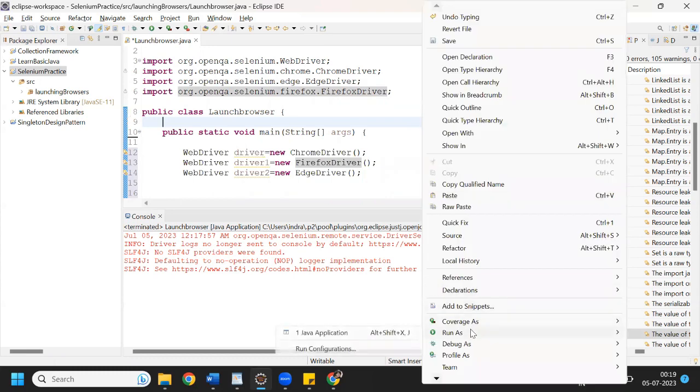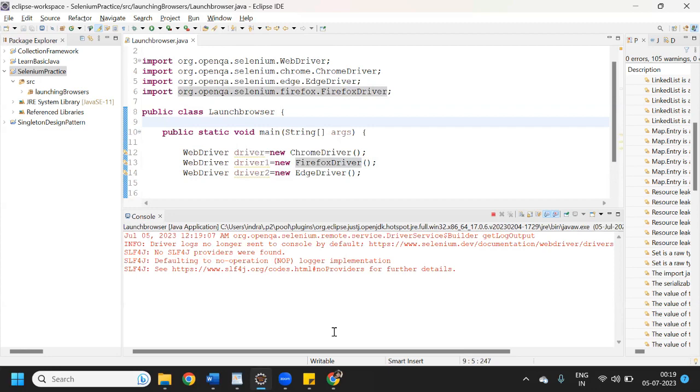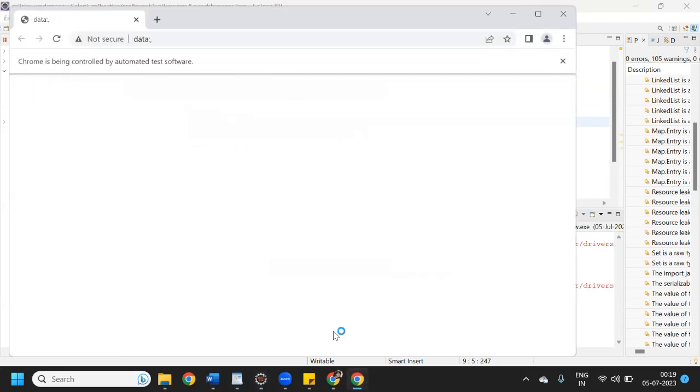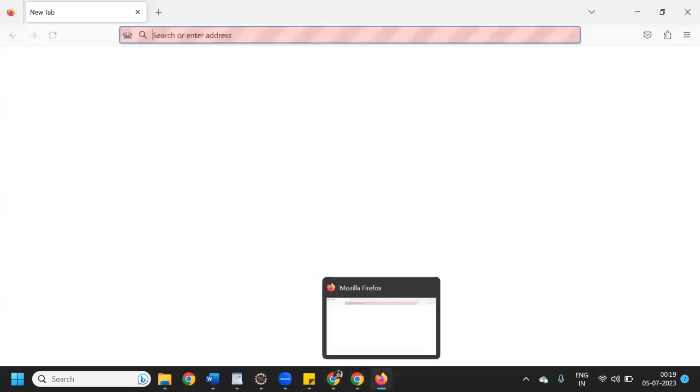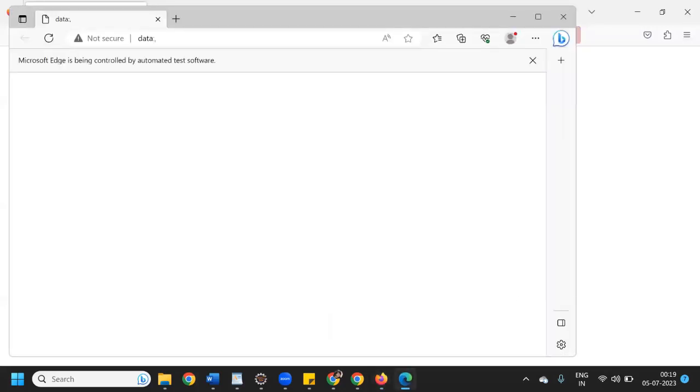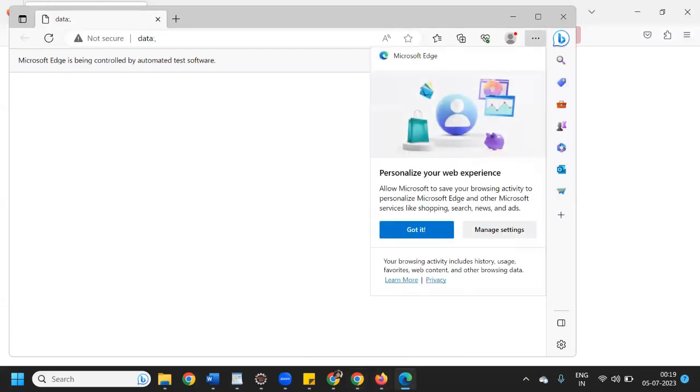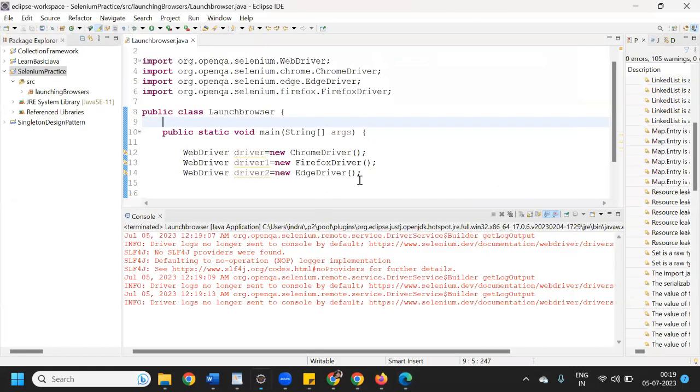So let's run it. See, Chrome browser has been launched. Firefox is also launched. Now we are waiting for Edge. See, Edge is also launched. So all three browsers have been launched here. You can see this is a Chrome, this is a Firefox, and this is an Edge. All three browsers are launched, but they are not maximizing, right? So for maximizing, we can write a one-line code like this: